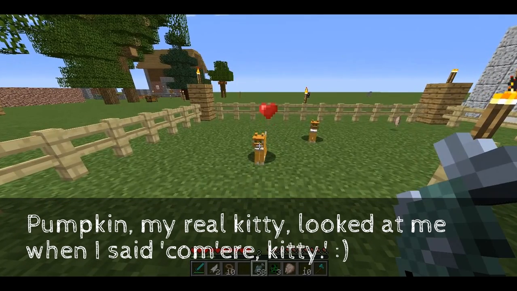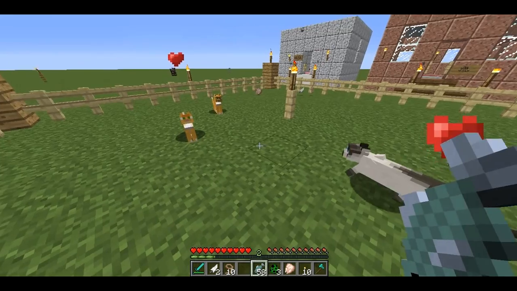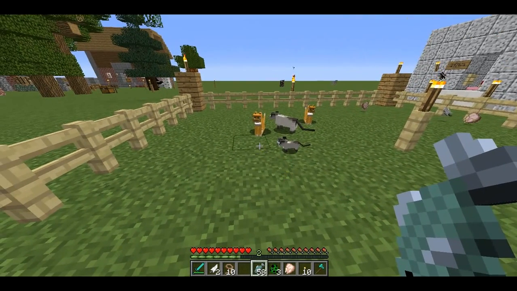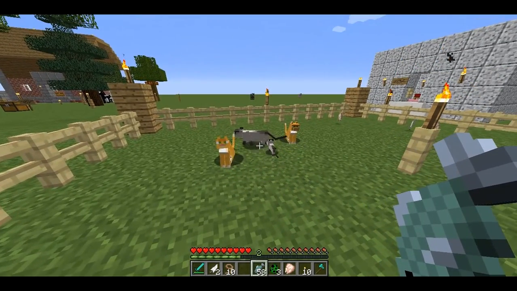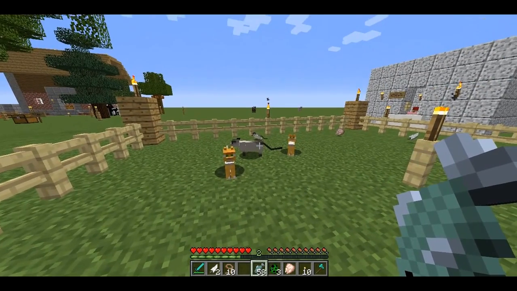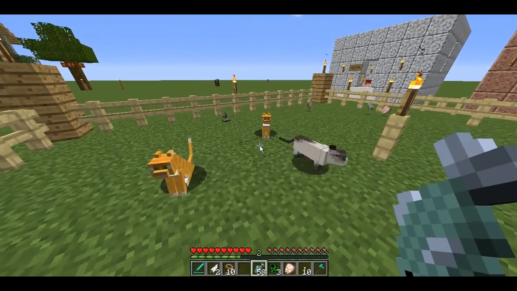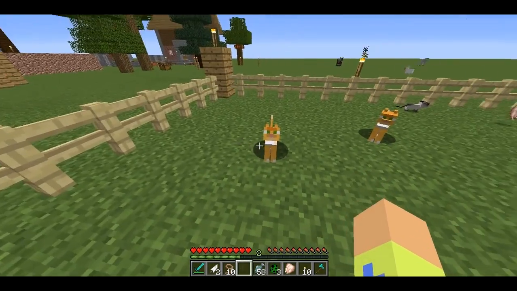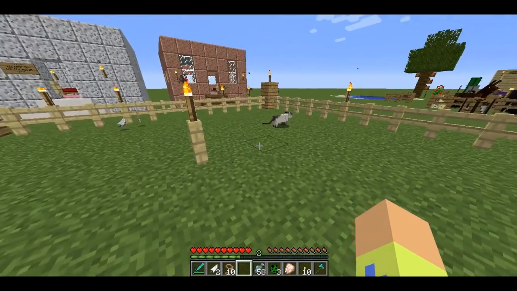Maybe it takes a certain amount of time before they'll breed. I think they have to be at full health as well. Okay, there they go. When you breed two together, they'll always have the breed of one of the parents. If you want, now I just got another Siamese. If I want two orange cats, or if I want to breed the Siamese with an orange cat and get an orange cat, I have the